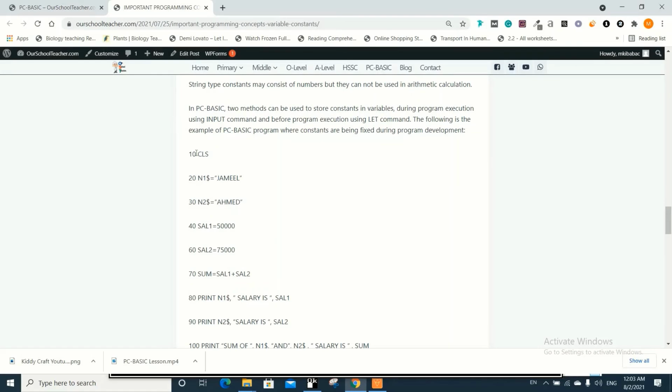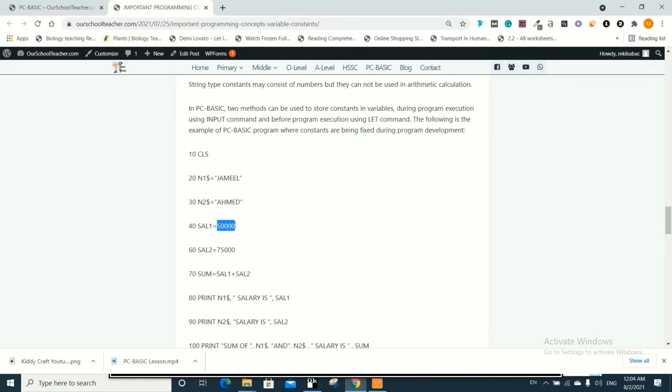You can see I have written a program here. CLS, N$1 equal to Jamil and N$2 equal to Ahmed. These are two string type variables, and in these two variables I have stored two names, Jamil and Ahmed. Then I have used another variable, sal1. Actually this is salary1, equal to 50,000.